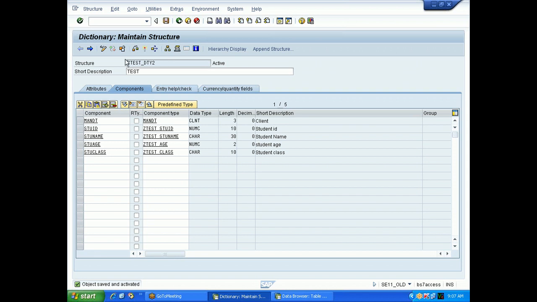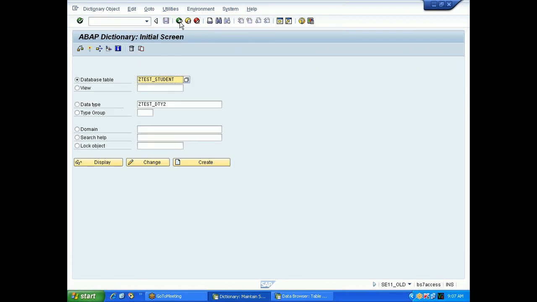We will see how to do it tomorrow. So the difference between a structure and a table is that a table additionally has data. A structure does not have data. But a table also has a structure, right?